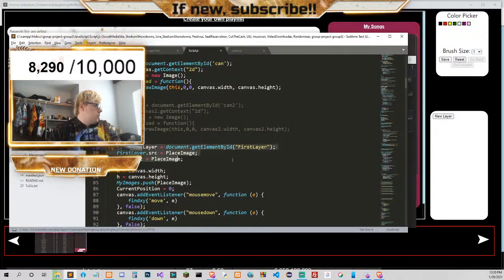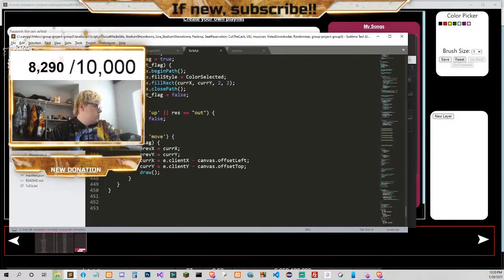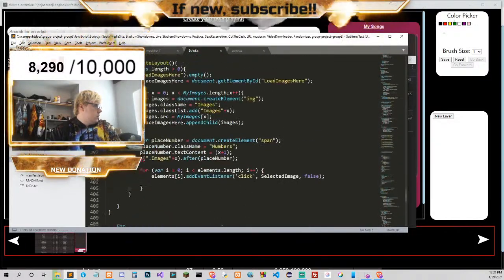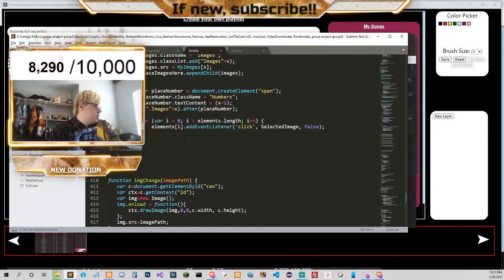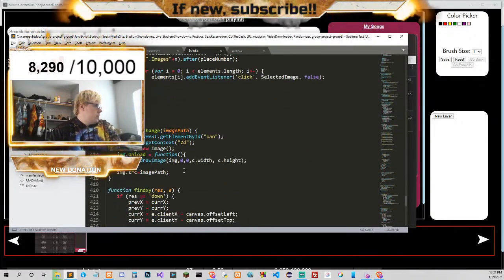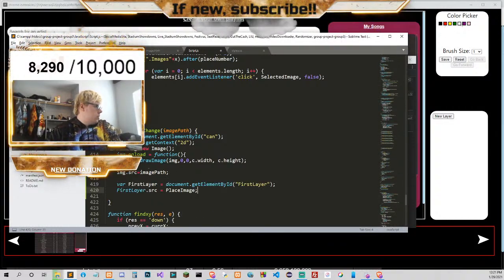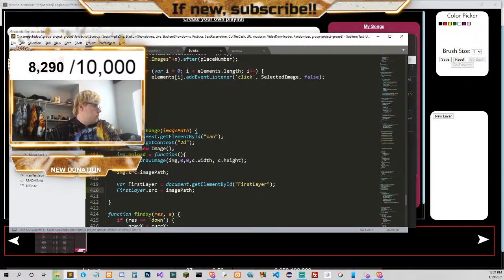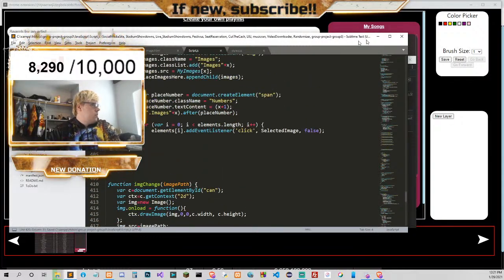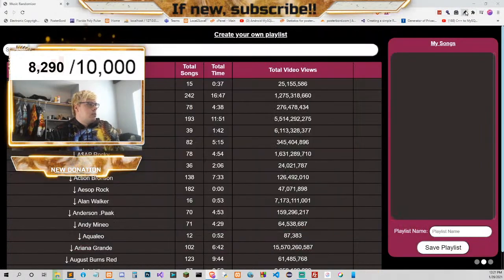But then we also need to do this here for when we update. So when we do image, or is it image change or update image? It's gonna be this. So when we do this, I believe we need to do this right here also. So let me update this and then let's see how it looks.